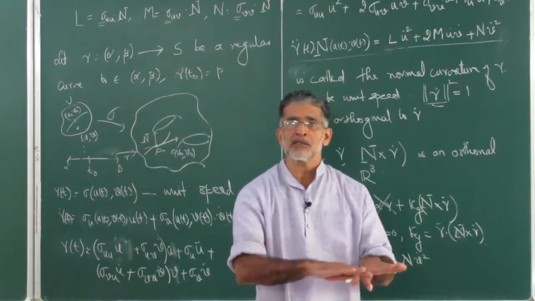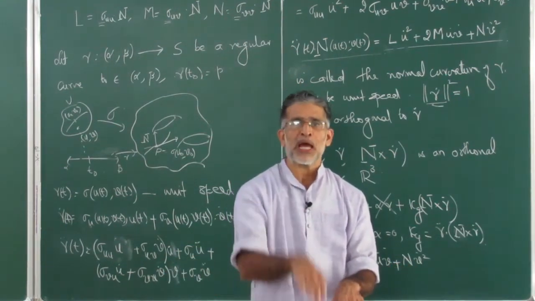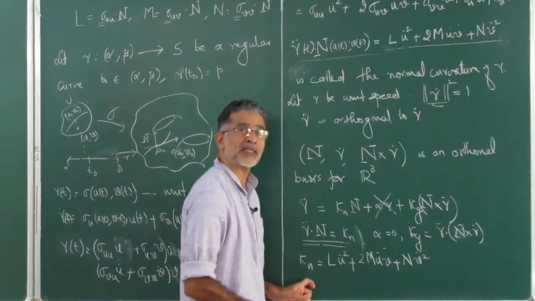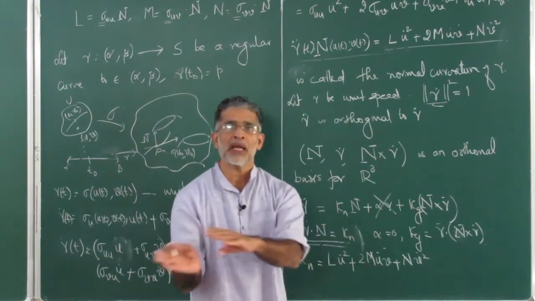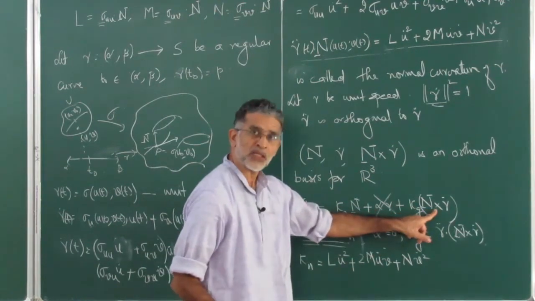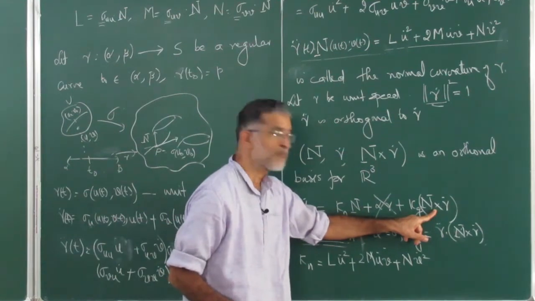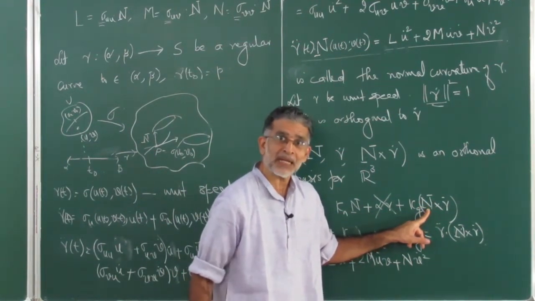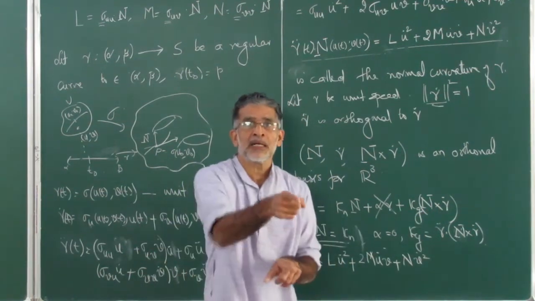So it is on the surface you move left and right. The other one is, along with the surface you move up and down. That up and down movement is this. The left and right movement is indicated by this. That is going to be along the surface left and right. Because this vector is also a tangent vector. Because it is orthogonal to the normal vector. So it's a tangent vector, and it's a tangent vector perpendicular to your gamma dot.